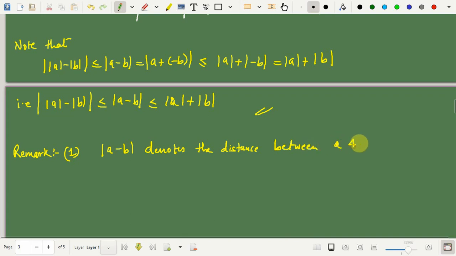A and B. Now, why am I saying distance between A and B? Because I do not know exactly where A and B lie. So, without loss of generality, if I say that A lies over here, then this distance I would either call it mod of (A minus B) or mod of (B minus A). It would mean the same thing. Even if B lies over here and A lies over here, the distance would remain the same. And thus, mod of x actually denotes what? The distance between what?